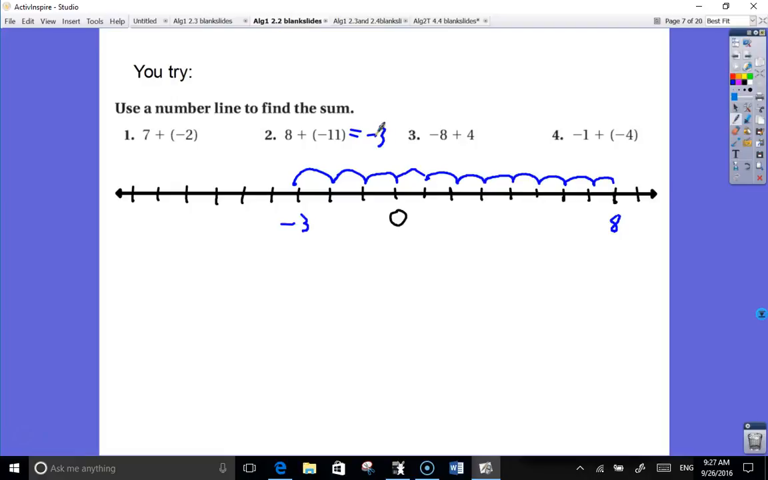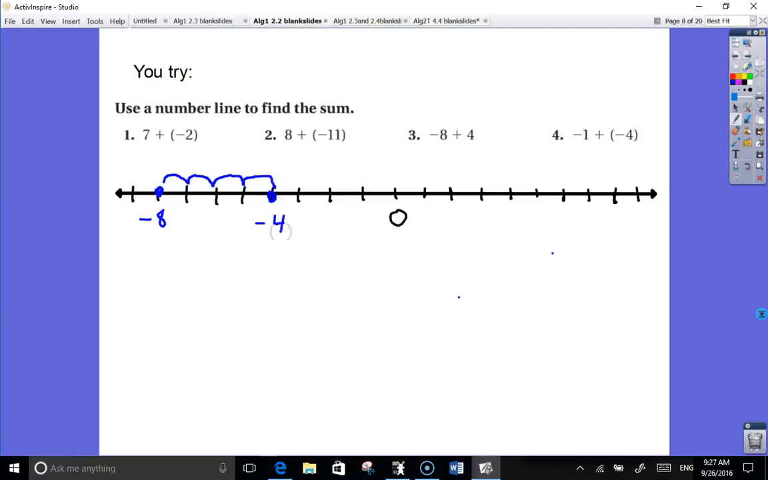But okay, how about -8 plus 4? So where am I going to plot the first point if it starts at -8? I got to go to the left, 3, 4, 5, 6, 7, 8. There's my -8, so I plot a point. And then I go 4, which direction? To the right. 1, 2, 3, 4. And the answer